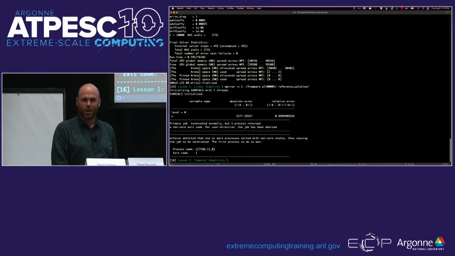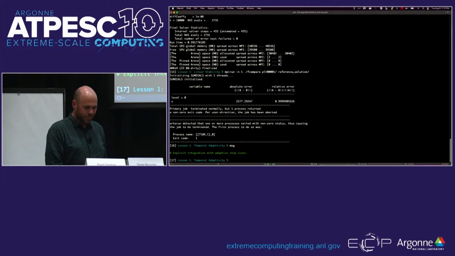That wasn't too hard to find here, but in another problem you might set up some shell script to run through a bunch of time step sizes and try to hone in on the right one. But instead, we can maybe do better than that. We can use the error